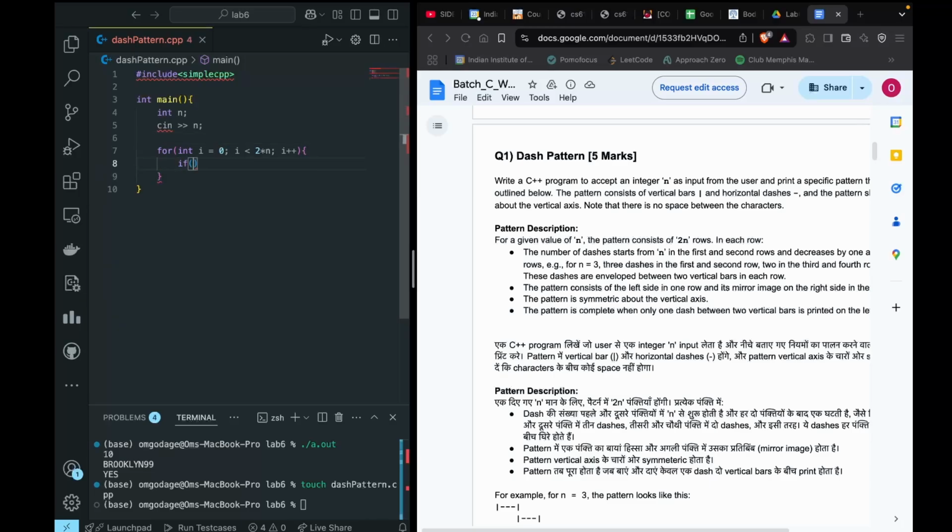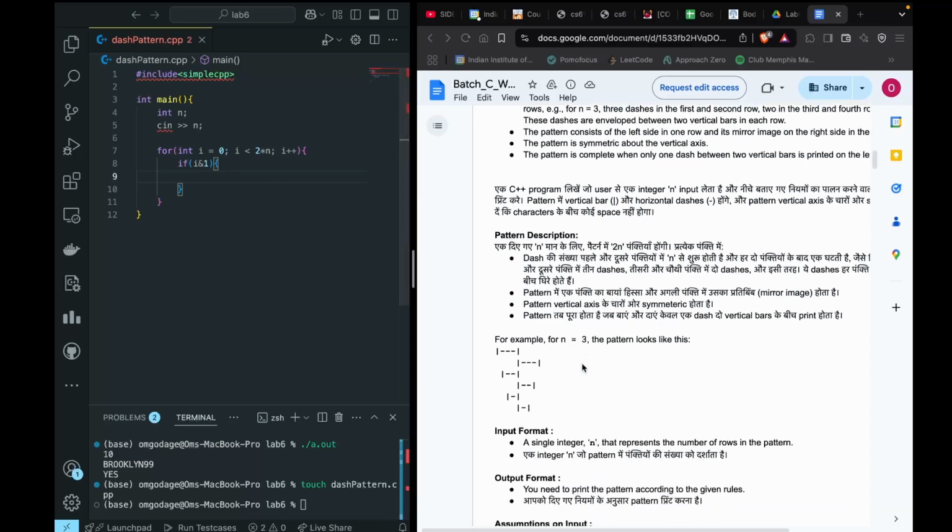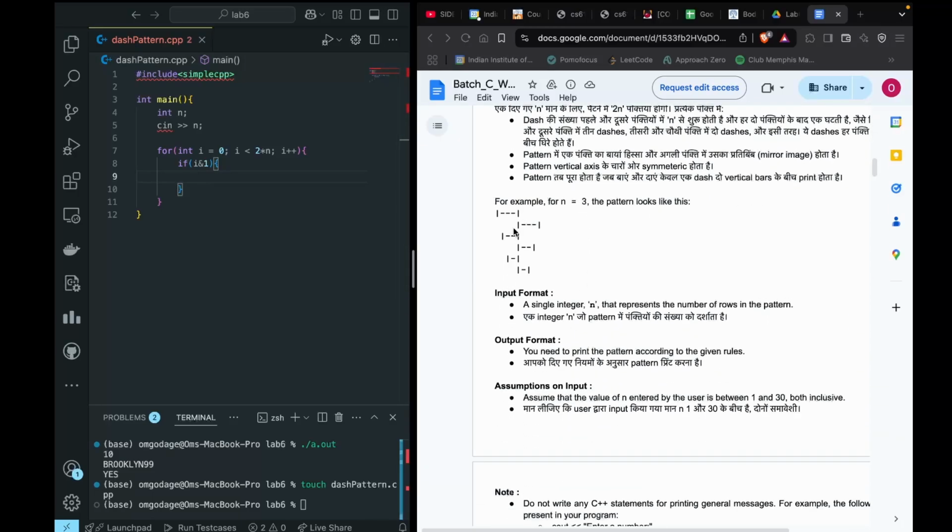If i and 1, then you will have to put 2 n minus i, this will be 3, n minus i plus 1. So for int j equals 0, j less than n minus i plus 1, j